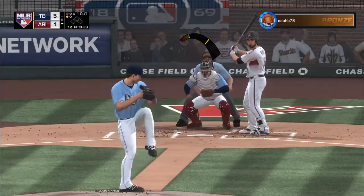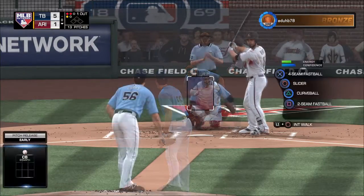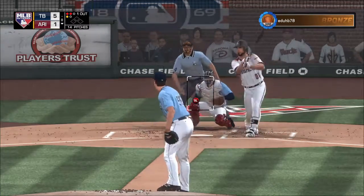Goodness gracious, Matt. 100 miles an hour. No wonder he swung and missed. You're not catching up to that pitch. No way. And this one's up around the eyes. 2-1. A little bouncer. That goes